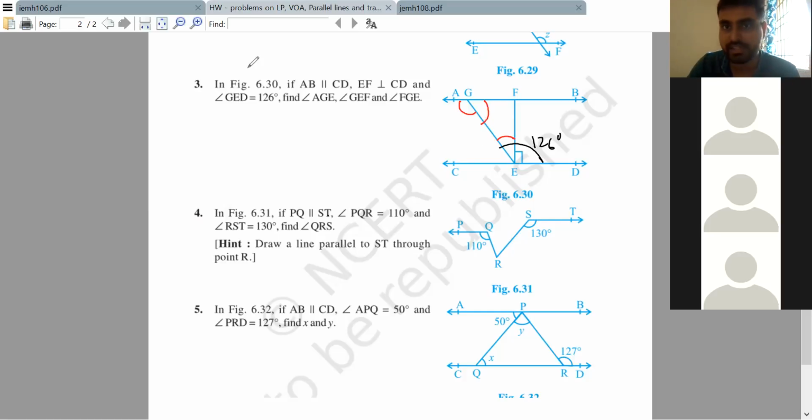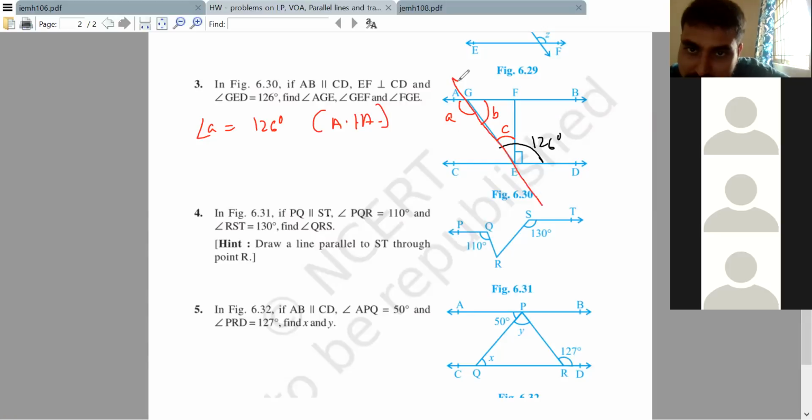Okay, Manoj, so I'll quickly explain this to you. Let me write this as A, this one as B, and this one as C. Manoj, is B good? Yes, sir. Manoj, can you see here that AE is a transversal? Are you able to see that? Yes, sir. If A is a transversal, can you say angle A is equal to 126 degrees because it's alternate interior angle? Yes, sir. This particular line is a transversal. This and this are forming alternate interior angles. We good, Manoj? Yes, sir.